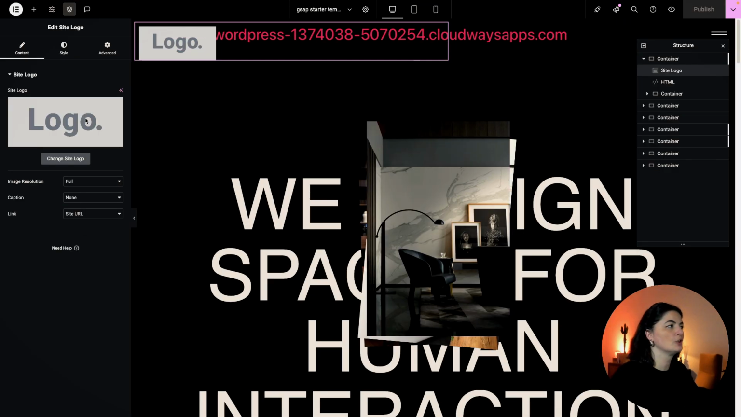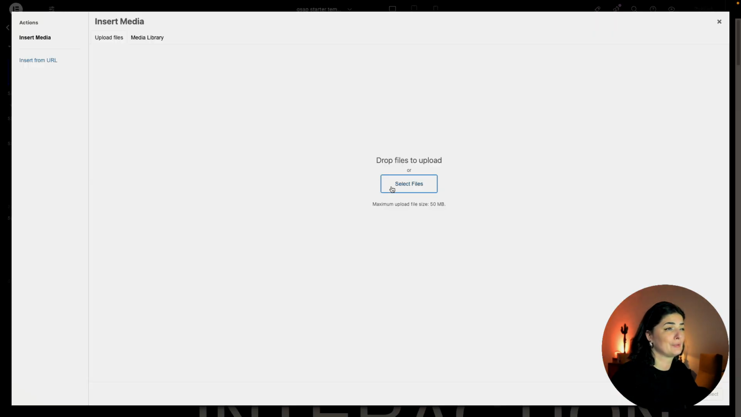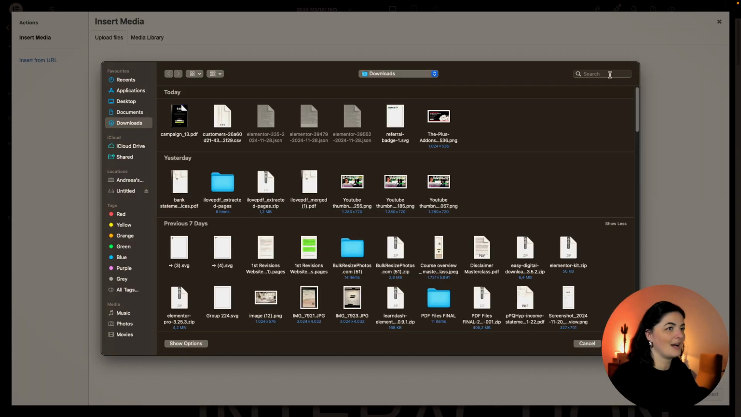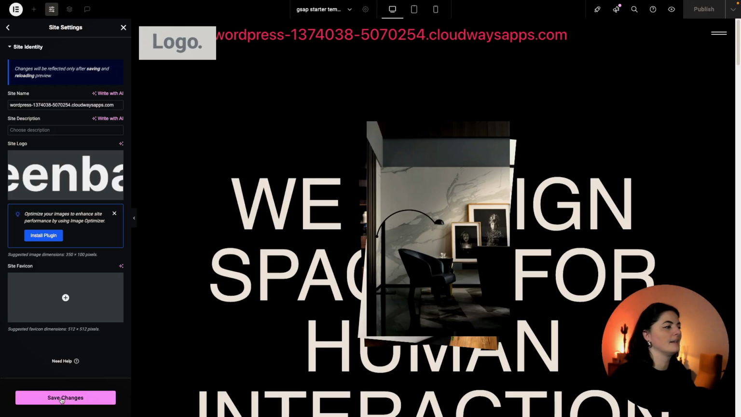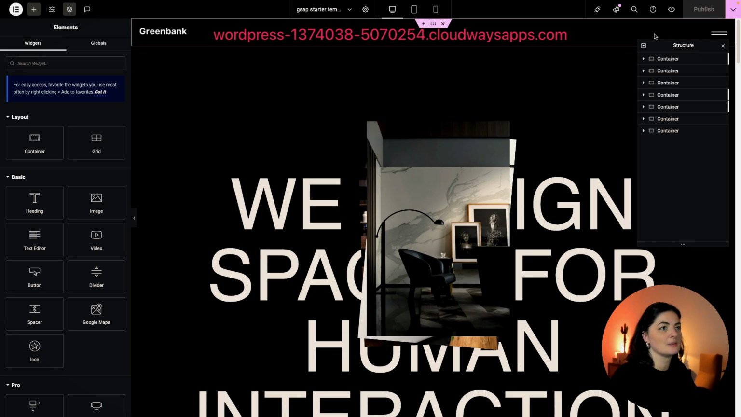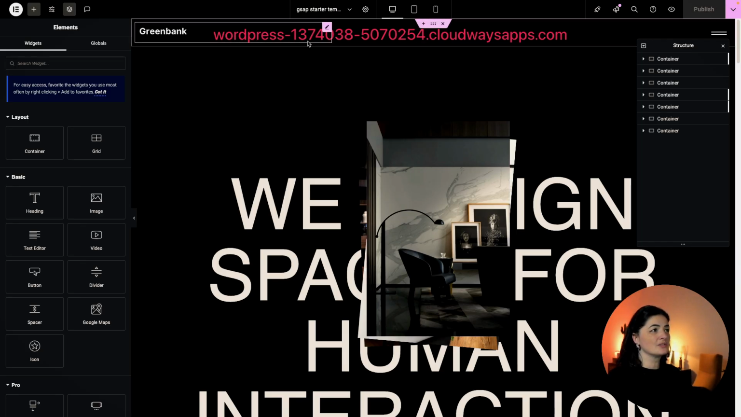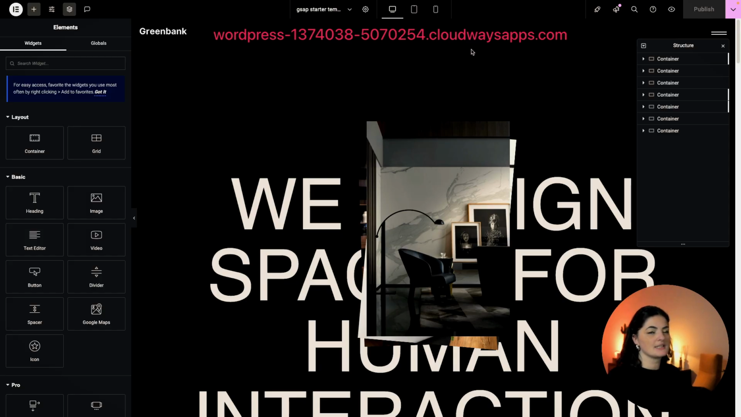I'm also going to add a logo here, so for the sake of having a logo, it doesn't look so out of place. Select and save changes, and let's see what we have. That's not the best logo, but whatever, it works. In order to get rid of this, which is the name of the website,